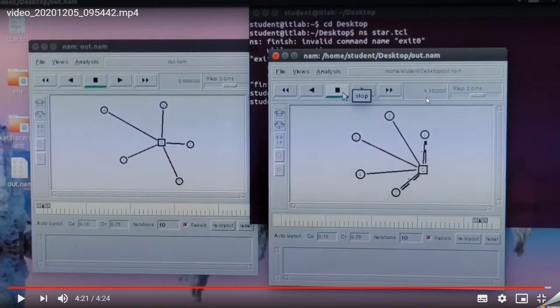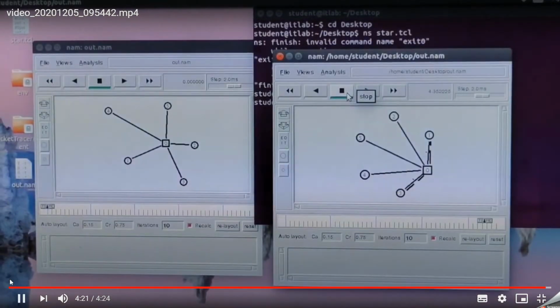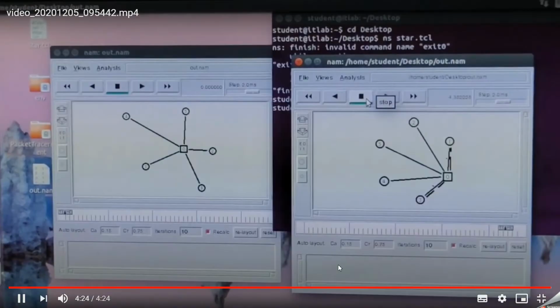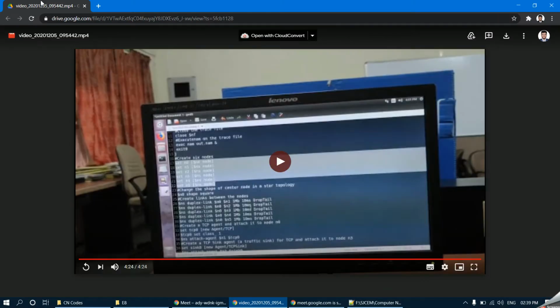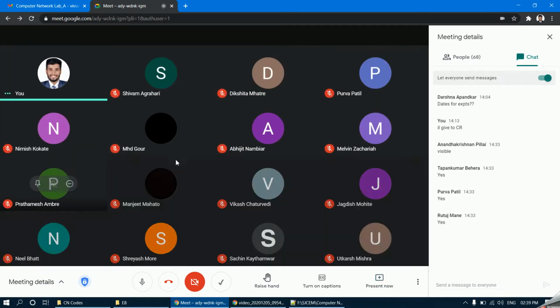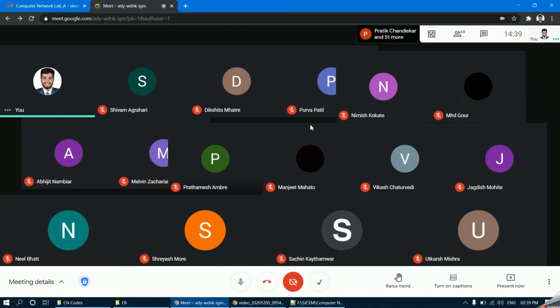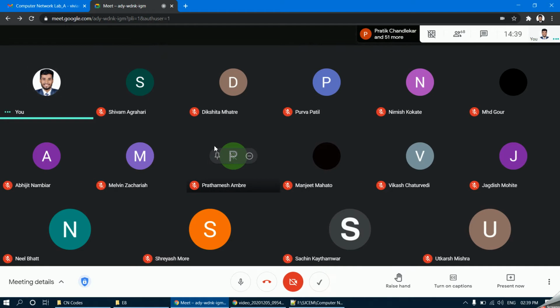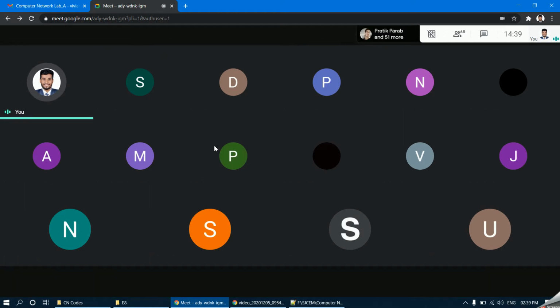On the left hand side, you can see the time interval and the total number of iterations. So this is how you can execute the code for different network topologies in TCL in your NS2.